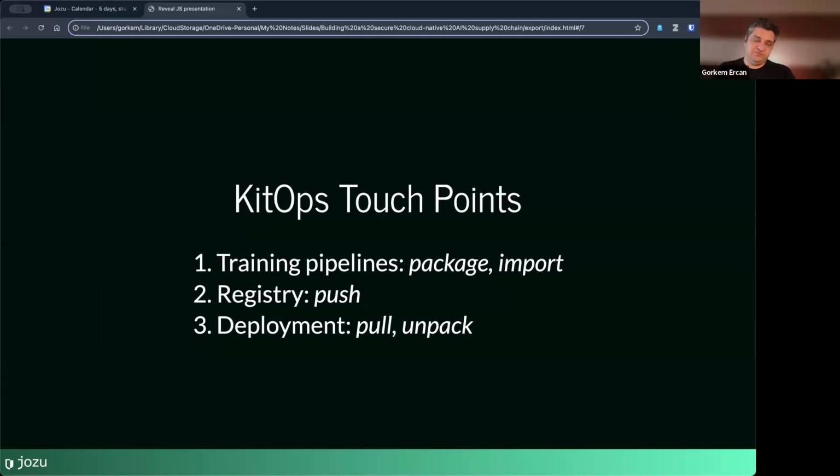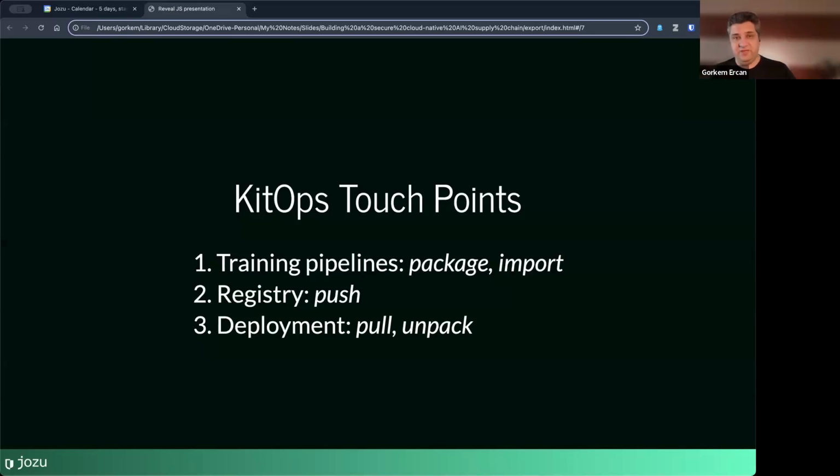So that's the first touch point. Another thing that happens in parallel is that not all AI is trained nowadays. You use existing base models, and that's the import flow that you can have. Then the second touch point is your registry.